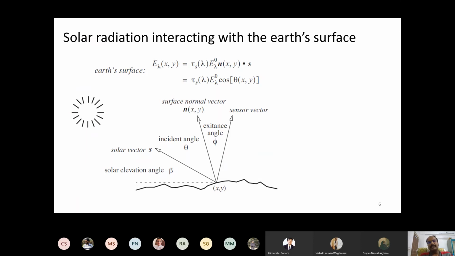Okay, now the sun's radiation has reached the Earth's surface, like this particular term here. But what will happen if the surface is totally flat? No issues. If the sun is falling normal to the surface, absolutely fine, no problem. But in most cases, sunlight will be falling at one particular angle, and it will not be normal to the surface, especially in mountainous terrain. Here sunlight will be falling like this. Here sunlight will be falling at a different angle because of the slope of the mountain.